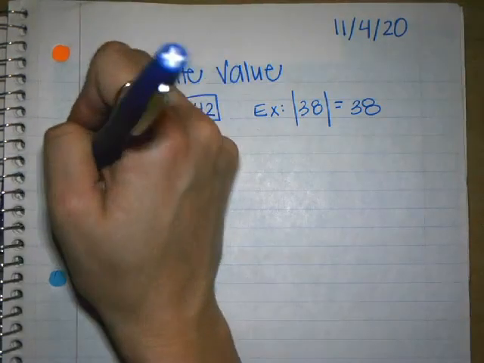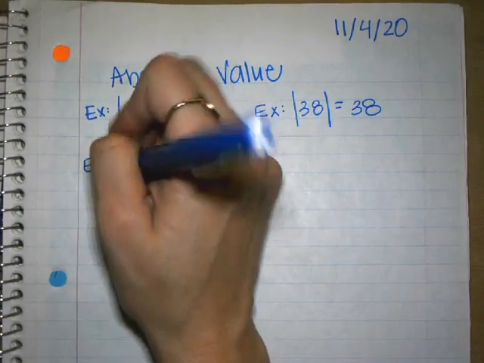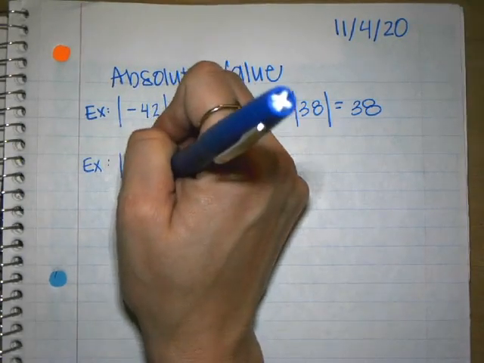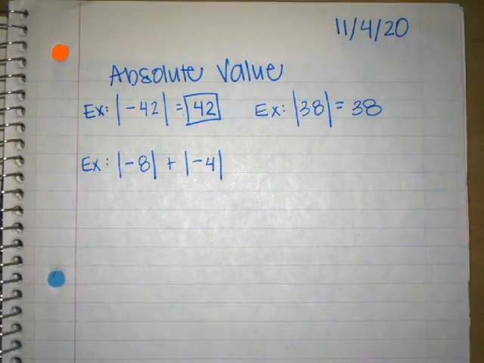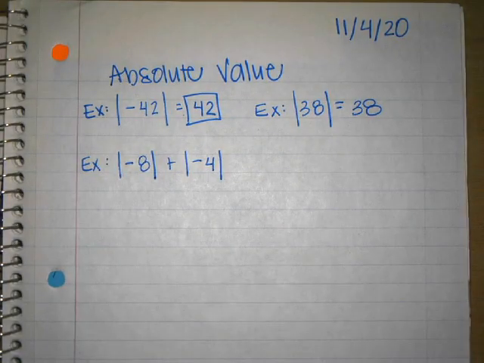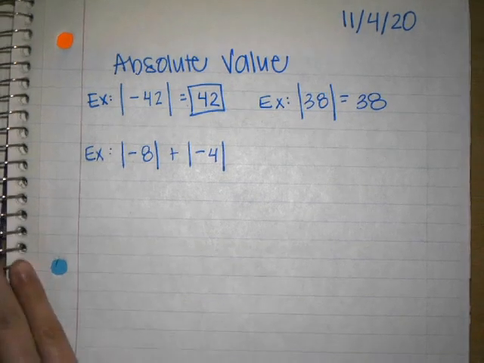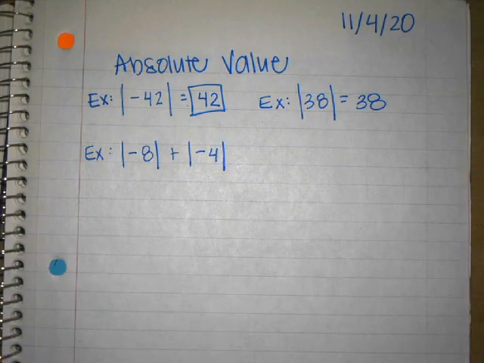Okay, what if I gave you something like this? Ooh. What do you think I need to do? What do you think, Eva? Change them to positive numbers. Okay, I must do absolute value first. Absolute value, guys, is like parentheses. How many of you remember your order of operations? PEMDAS. Absolute value is like parentheses, so you have to do it first, which means we have to